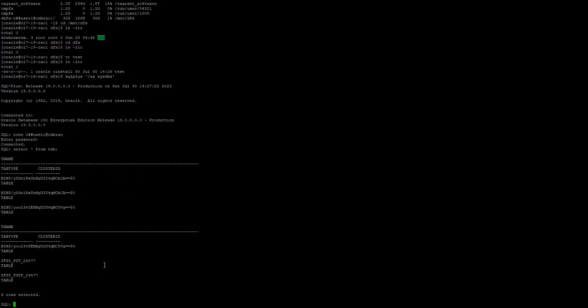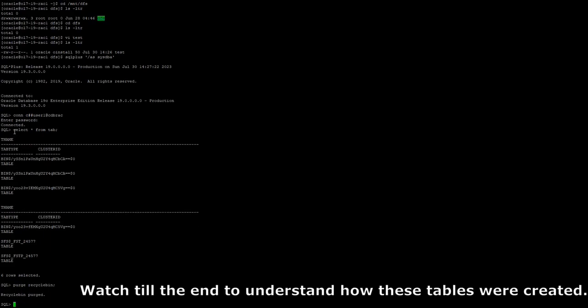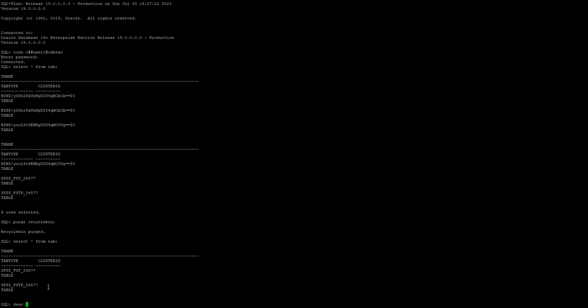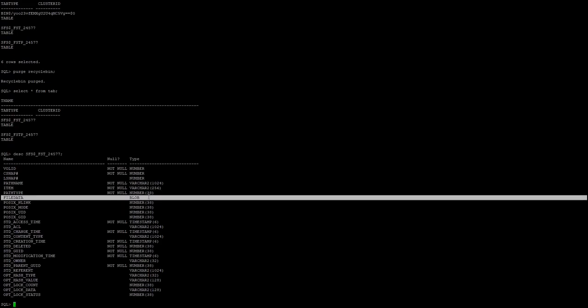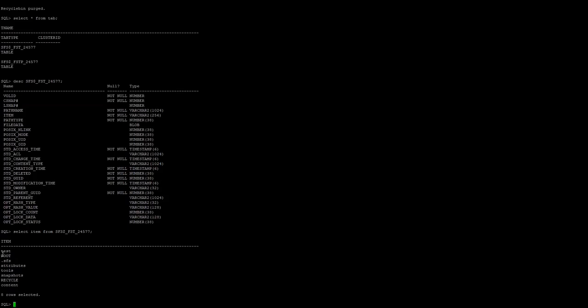I've been playing with this, so that's why you see some objects in the recycle bin also. Now let's see the tables again in this user. These are the two tables it created for us. Somewhere you will see the file data which is stored as a BLOB. This is the file that we just created, and the content of it will be stored as a BLOB